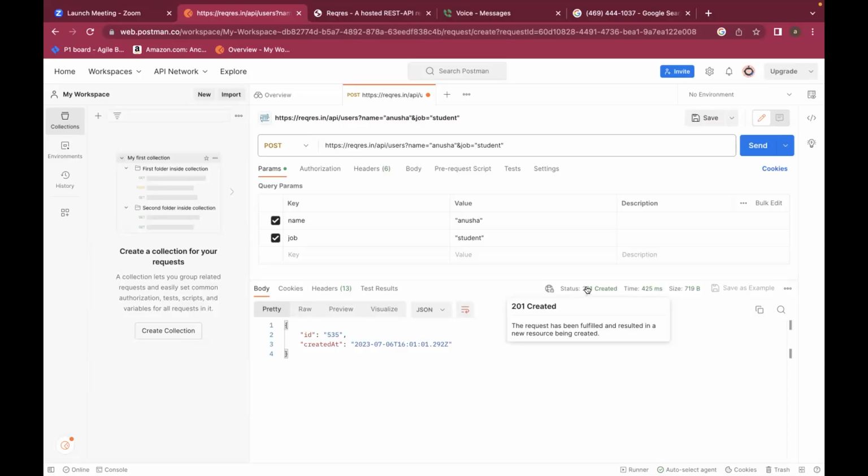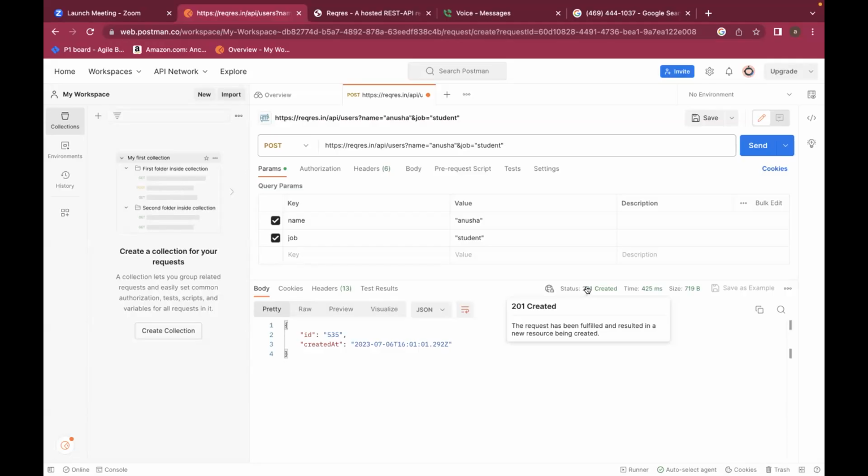In API testing, your status codes are of 5 types. Status codes are of 3 digits. The first digit will always be either 1, 2, 3, 4, or 5.